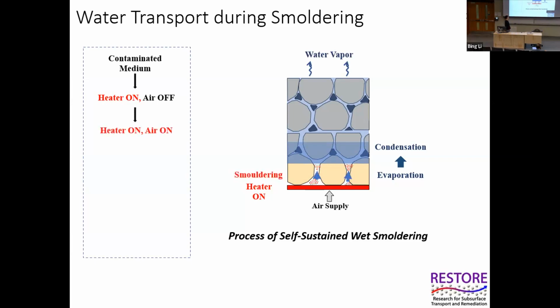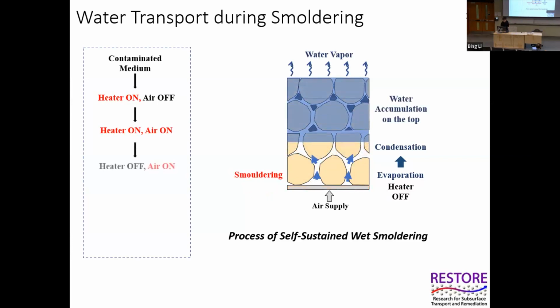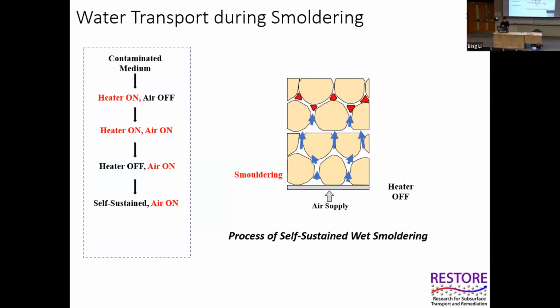Then the introduction of airflow, with the local material above ignition temperature, could initiate the smoldering reaction at the bottom of the pack. The excess energy from the smoldering carries forward, which can support the water evaporation and the smoldering reaction to progress through the system without external energy. Because now the energy generated from the smoldering reaction is enough to cover all the energy consumption in the system. At that time, the heater can be turned off, and the whole system is in a self-sustained condition. The water and the contaminants will be eliminated by the smoldering propagation, leaving only clean sand behind.